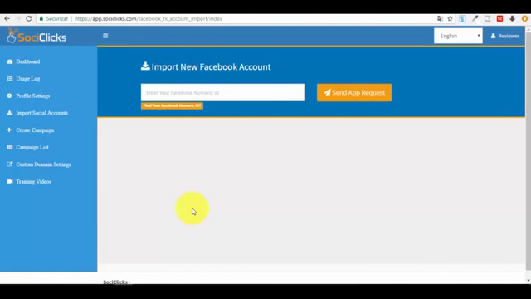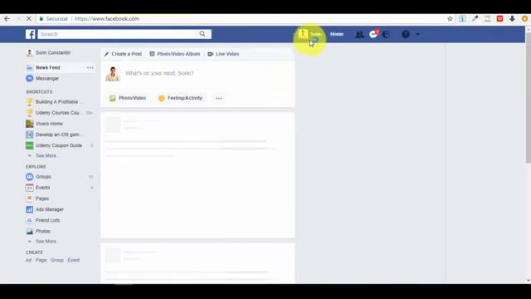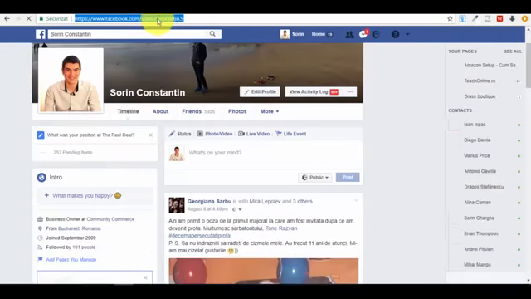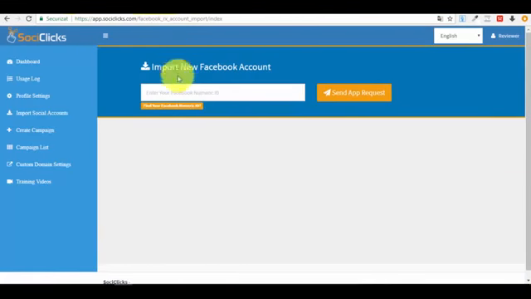So when we want to import a new Facebook account, we have to enter our Facebook numeric ID. How do we find our Facebook numeric ID out? We just go ahead on our Facebook page, okay? We go on our profile, we copy the link from the browser address, okay? And what we want to do in this option on SociClicks here, you can see that below the field where we have to paste our Facebook numeric ID, we have an option which says find your Facebook numeric ID, okay? We click on this small button,